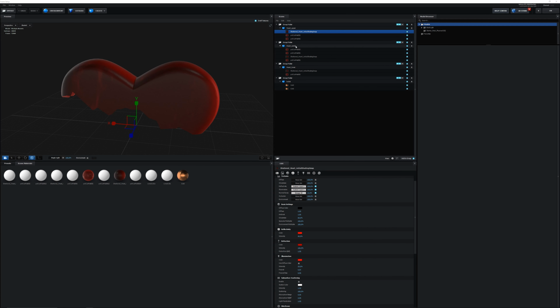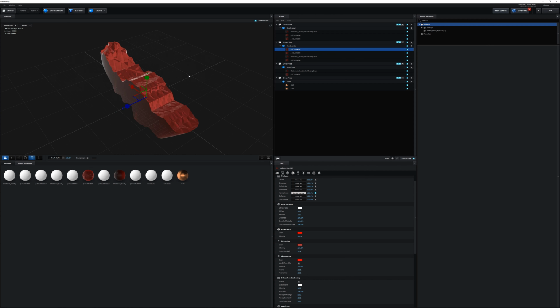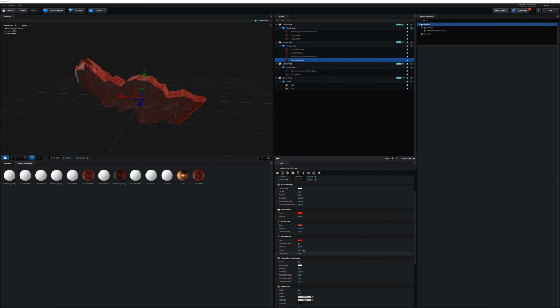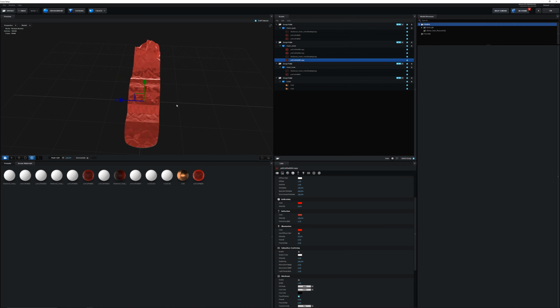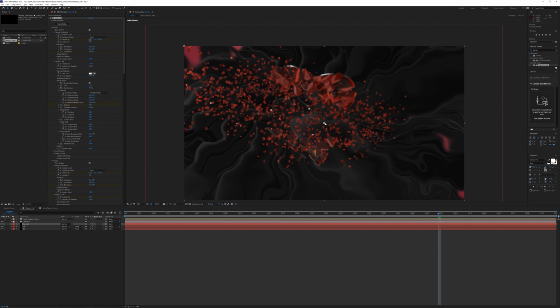So in here, we're going to go down to this heart center. All three of these are the same, and actually this is the same material up here as well. So if I want to make sure that this middle piece is separate from the rest of these other materials, if I right click and then say duplicate and replace, we get a copy. And on this copy, we can copy this and paste it on the other materials in the same group. But then I can go down into the illumination and change the intensity to 75 or something like that, just so they're quite a bit brighter inside. Then click OK. So now we get quite a bit more brightness here.